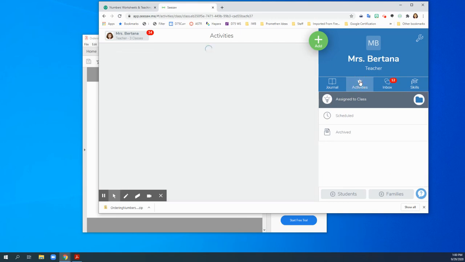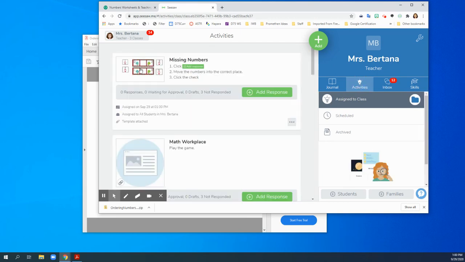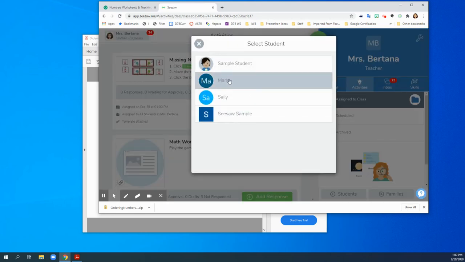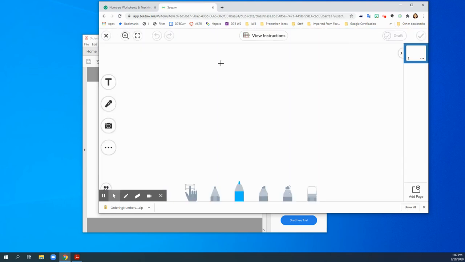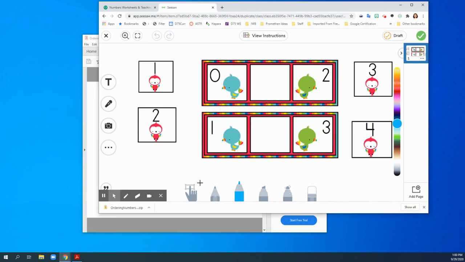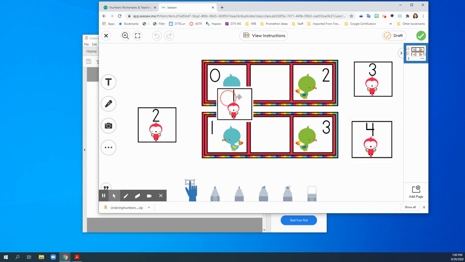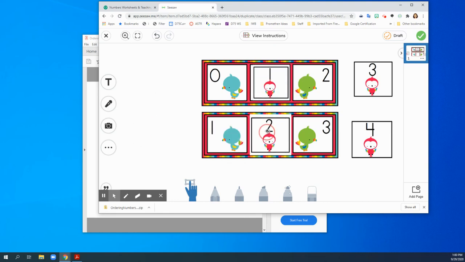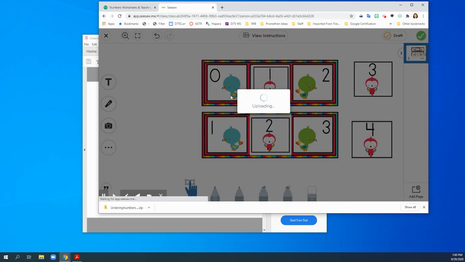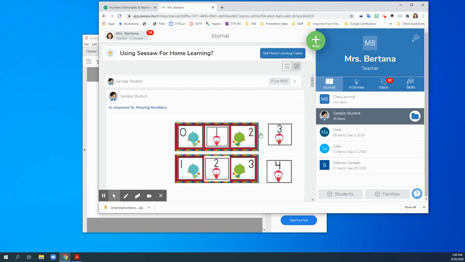And now in my activities, my students see this as the missing numbers. I can go ahead and click add response. I'm going to choose this to be my sample student. They will see this. They can then click on the move button so they can move this. So that's the key. You need to tell them to click the move button. They can move this over and put it in the right spot. Click check and submit it to you. So that's how you can do a basic cut and paste activity in Seesaw. Hope that's